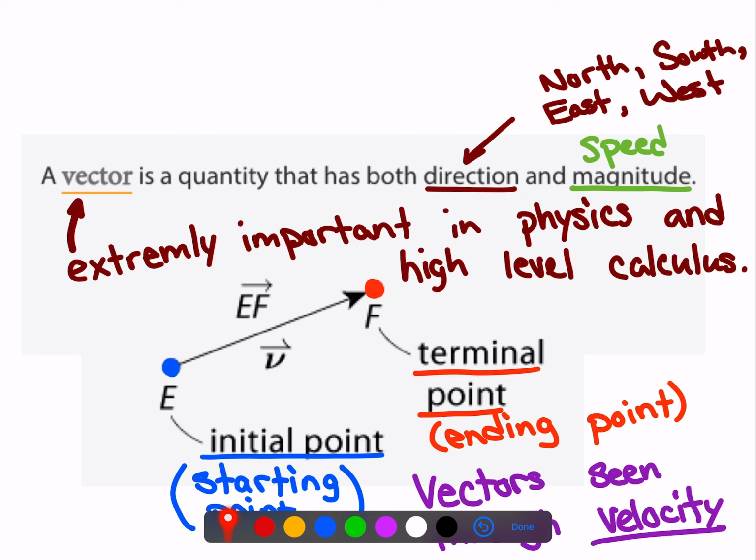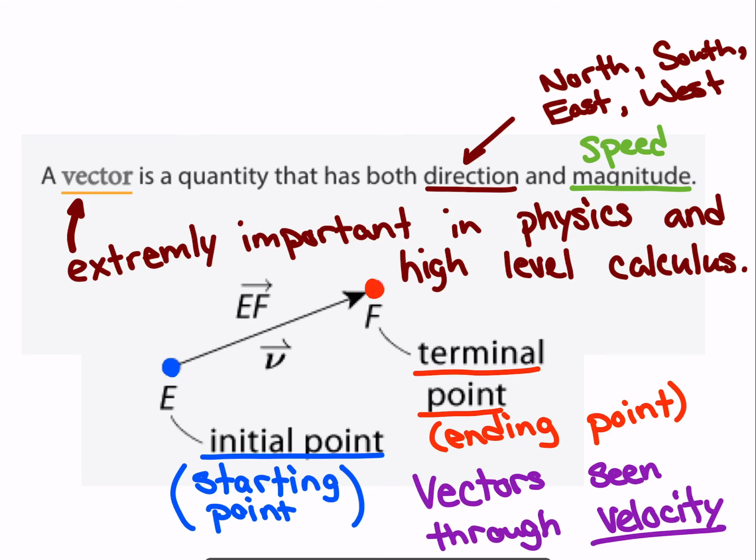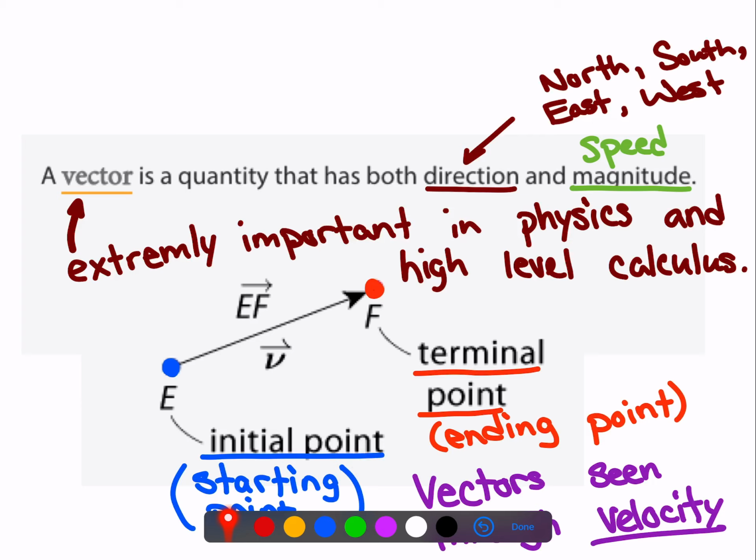Now we have some important terminology down here, some important definitions. Our first definition is initial point. The initial point on a vector is the starting endpoint. So we see that vectors and rays look very, very common. They both have a starting point. We can call that the initial point. And then they both have an arrow going in one direction specifically. Now, with a vector, at the tip of that arrow, we call that the terminal point. That's our ending point. That's where we're trying to get to. Our initial point is, of course, our common endpoint where we begin, and that will always be our starting point,